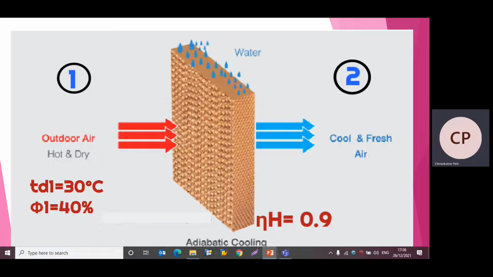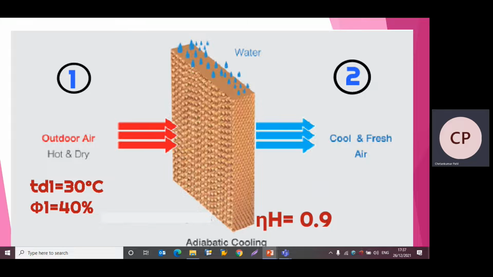And when the air is entering into this air washer, it is getting cooled and the recirculated spray water is used. Here it is important to note that the spray water is getting recirculated. So what is happening? The wet bulb temperature of incoming air is equal to the wet bulb temperature of air leaving this air washer. So we can say that this process from 1 to 2 is an adiabatic process. When this recirculated spray water condition is there, then the process is called an adiabatic process.